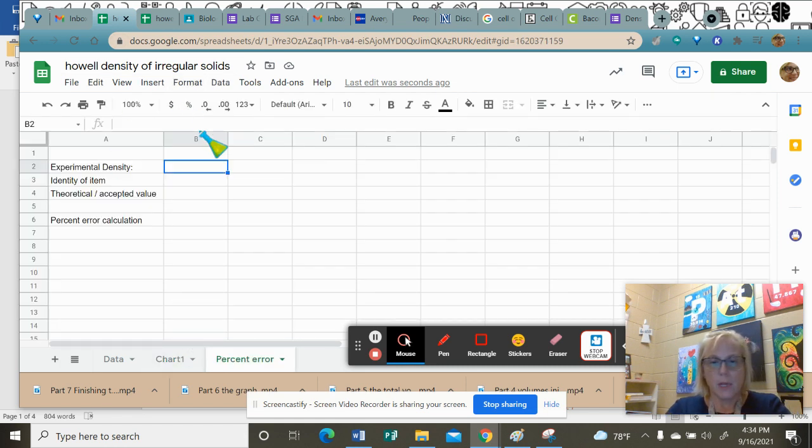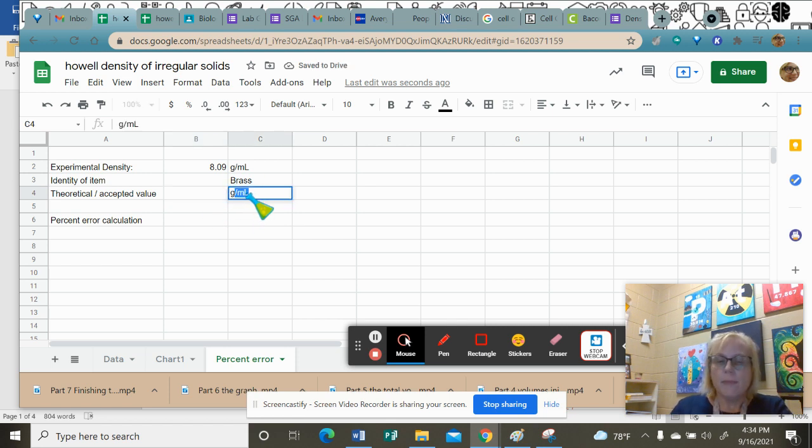All right, so 8.09, and I'm going to put the units grams per milliliter over here in the other column. I don't want to put anything but numbers in this column. Now, the identity of my item, and I'm just pretending that I'm using brass. You wrote that down. Now the theoretical or accepted value for the density, which is in grams per milliliter,